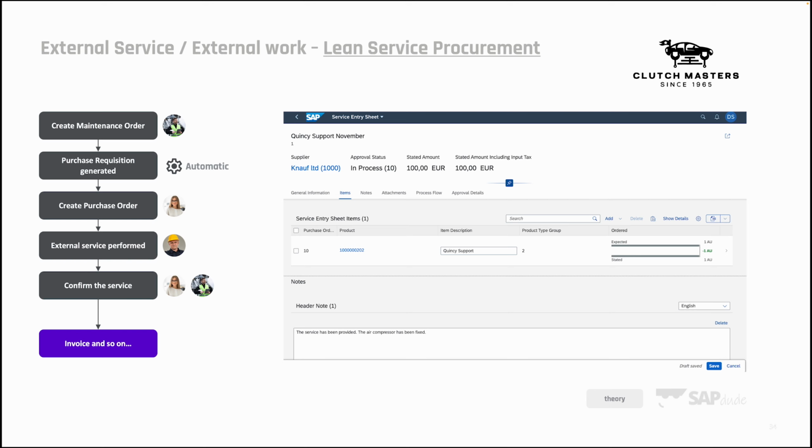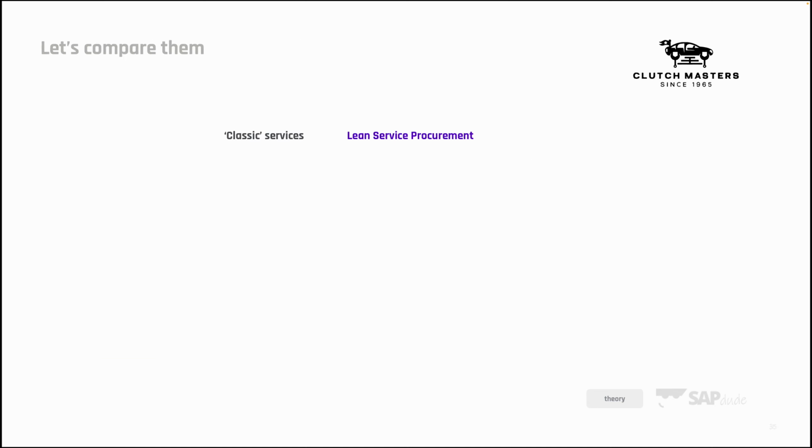Now I will show you 3 or 4 differences between Lean Service Procurement and Classic Service Procurement. So what we will do now, we will just compare these two approaches. First of all, let's discuss the booking simplicity. Classic services are really complex. There are GUI transactions which are not so user-friendly, which require constant training for the users because they don't work in a user-friendly manner. In Lean Service Procurement, everything is simplified by Fiori App, which you will see in this